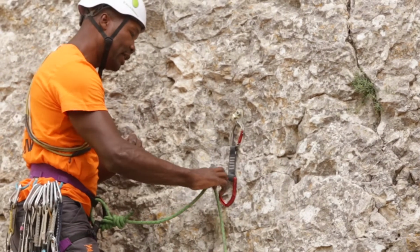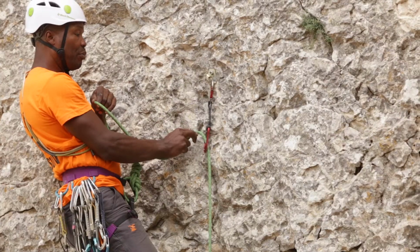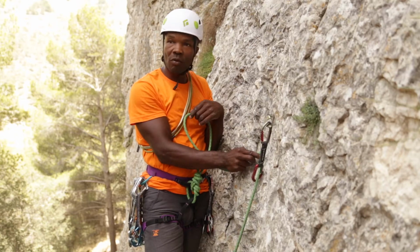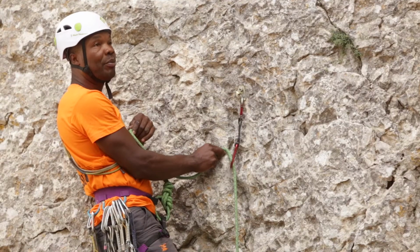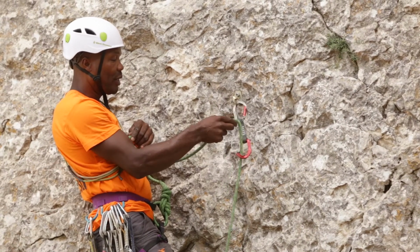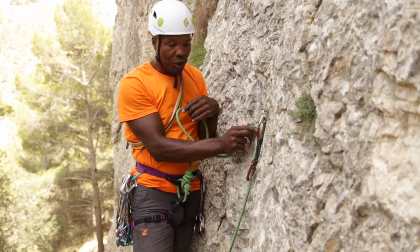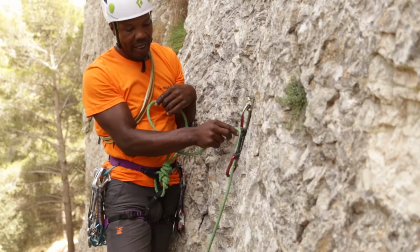If you clip it correctly, as you fall, if the rope does brush against the gate, it turns the gate towards the rock and the rock becomes a shield, and that's what stops A, the gate opening, and B, the rope coming out of the quick draw. So if you clip correctly, the rope should turn the gate away from it towards the rock, and that guards